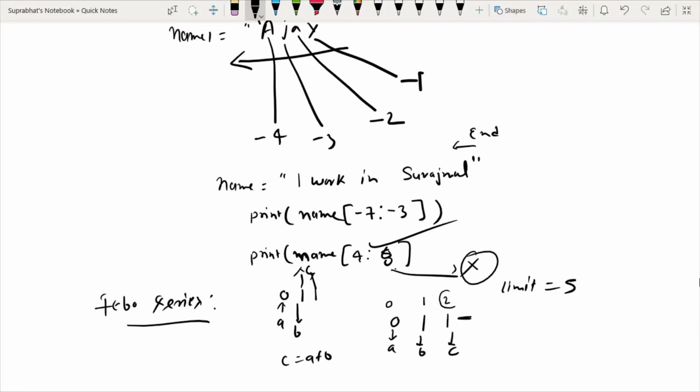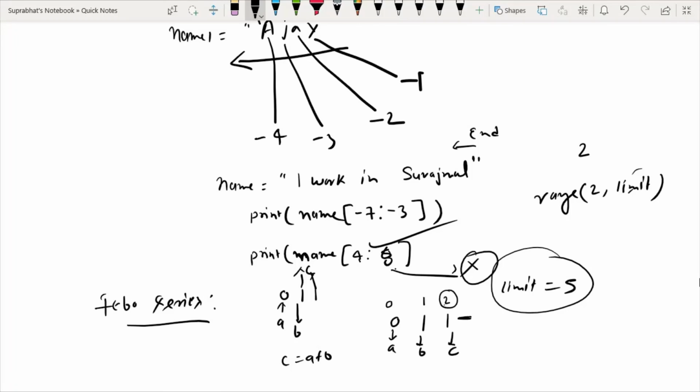So we have started the for loop from 2, for i in 2, and we have to repeat till the limit point. I had to use the range function, giving 2 to limit, because limit will not be included, so it will take positions 2 to 4.